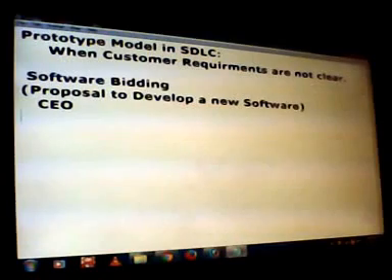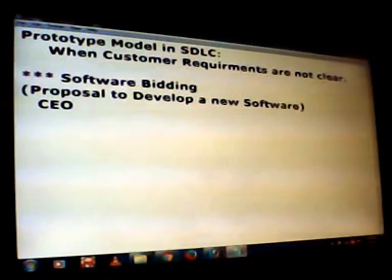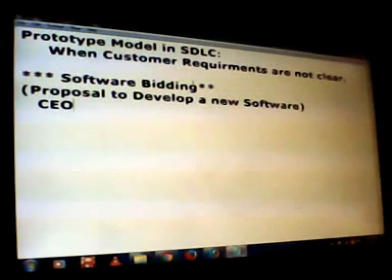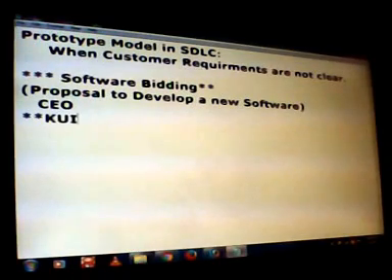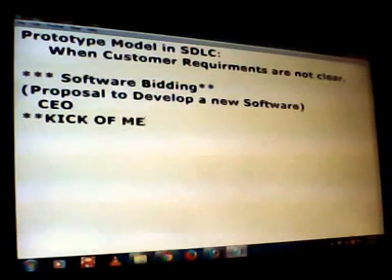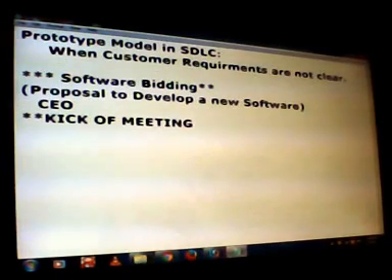After bringing the proposal, the CEO is going to conduct a kickoff meeting. This kickoff meeting is to select the PO. PO means project manager or product manager.